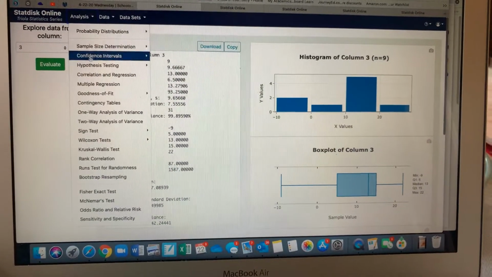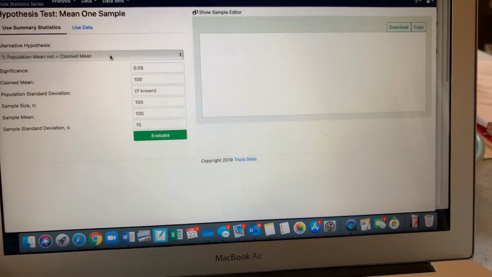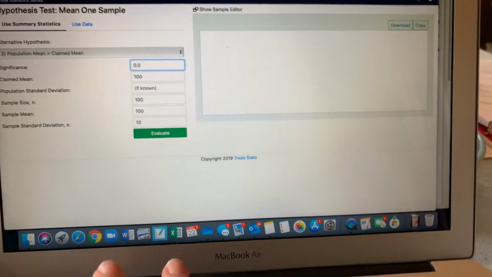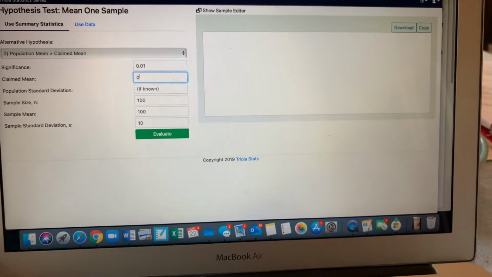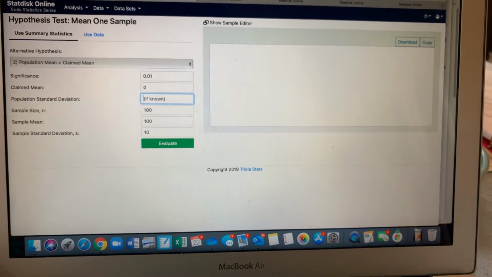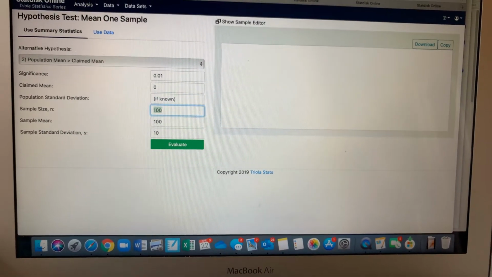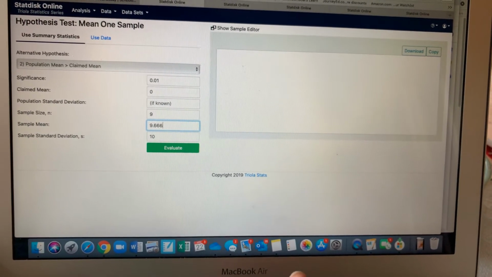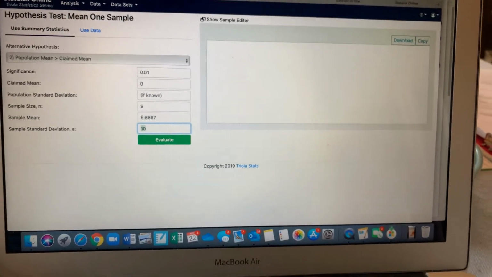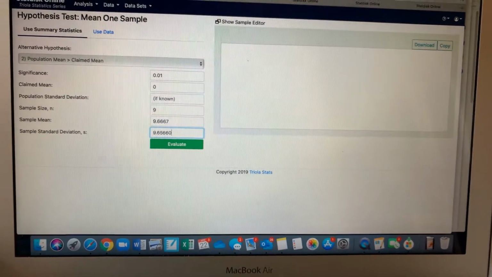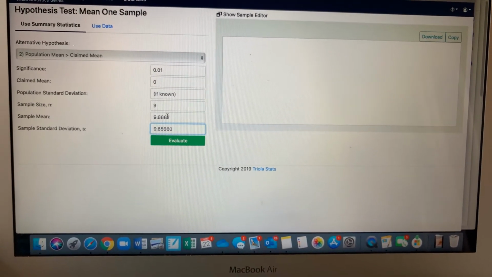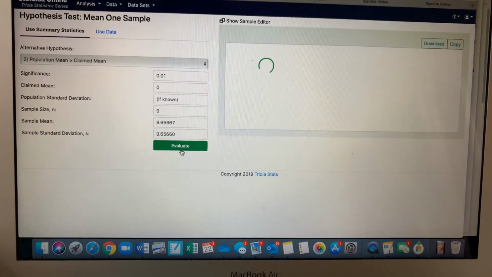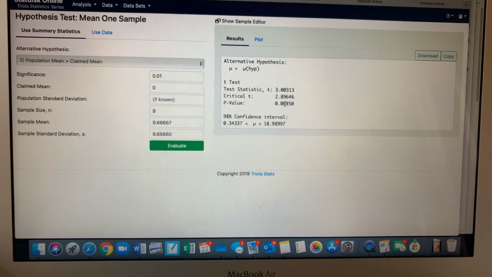Okay, so I'll have to go to analysis, hypothesis testing, and mean one sample again, and enter all my information again. Population mean is greater than claimed mean. Significance level is 0.01. Claimed mean is 0. The true mean difference I'm claiming as my null is 0. Don't know the population standard deviation. Sample size 9. 9.6667 was my sample mean that I just looked at, and the sample standard deviation I looked at, I'm copying and pasting in. There it was. They're rounded to the same decimal place. Okay, so I'm ready to hit evaluate. And look at that, I get a p-value of